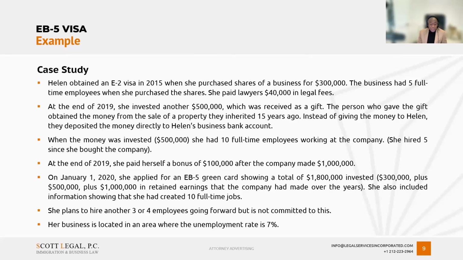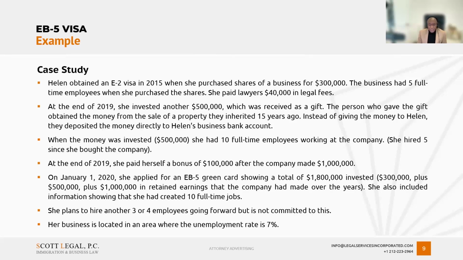Now, in 2019, she paid herself a bonus of $100,000. This is very, very important when you're looking at EB-5 direct and paying yourself money out. In this example, it's not clear that it's a problem, but the thing you have to keep in mind is that it could be a problem, right? So let's make this example clearer that it is a problem. Let's say that the $500,000 counted towards investment, and then the business that year didn't make much money, and she also paid herself a $100,000 bonus. You can't invest money and then pay yourself the money, right? The calculation is very, very important, and you have to make sure that USCIS can't raise these types of issues.